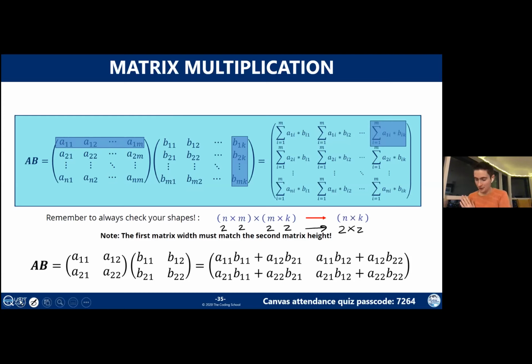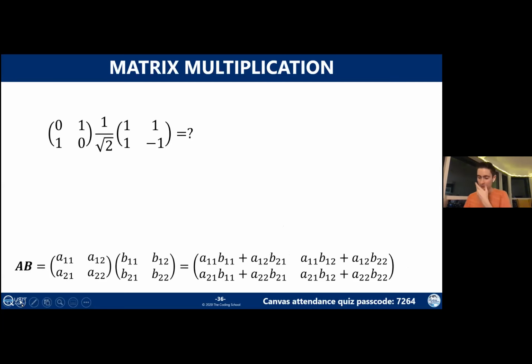Once you've finished all of the different columns, now you move to the second row of your first matrix. And you do the whole thing over again, starting with the first column, get that element, second column, get that element, and so on and so on. So multiplying matrices is a really tedious process. I might have bored a few of you just saying that. But the basic idea is fairly straightforward, where you have rows, columns, and you just need to do a lot of practice with it. Again, though, that's not really the most important thing, because you can always just memorize that formula at the bottom of the screen, and you can use it for 2 by 2 matrices in this course.